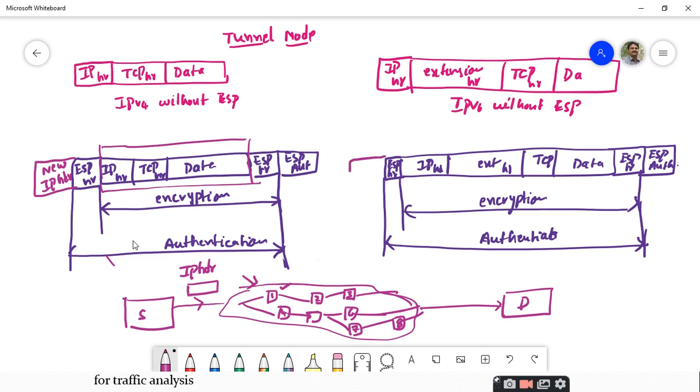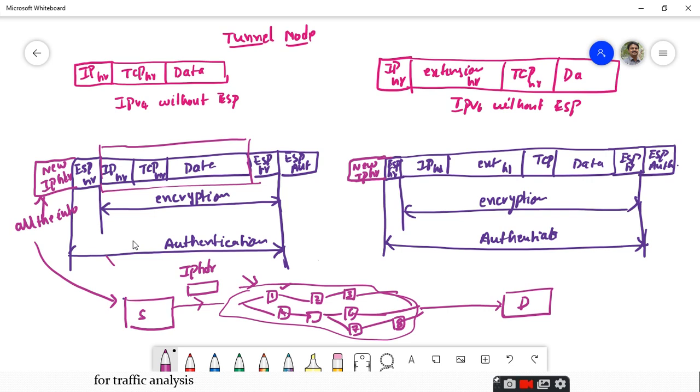This is the same for IPv6 also. A new IP header is to be added, preceded before this ESP, and this new IP header consists of all the information required for transmitting the packet from source to destination. All the routing information is present inside this new IP header. So, in the tunnel mode, it is mandatory that a new IP header is created with the route information and that is being transmitted. So, this is the packet that is transmitted from the source in the tunnel mode.